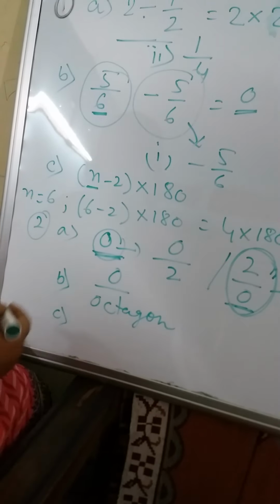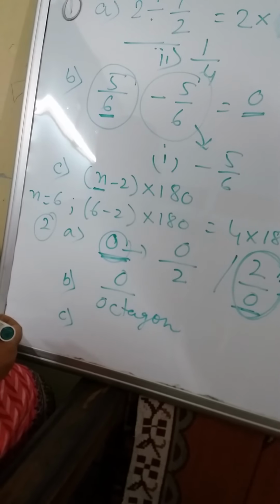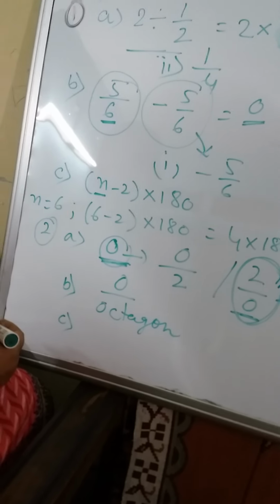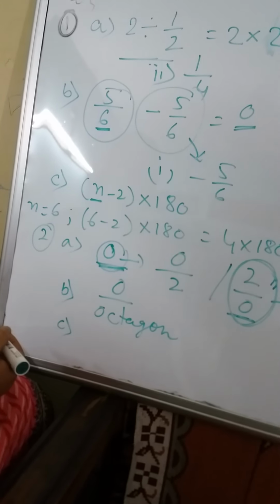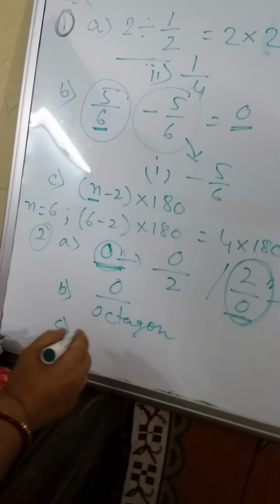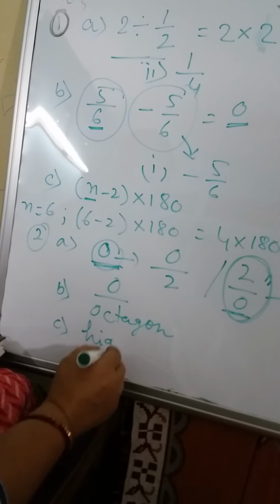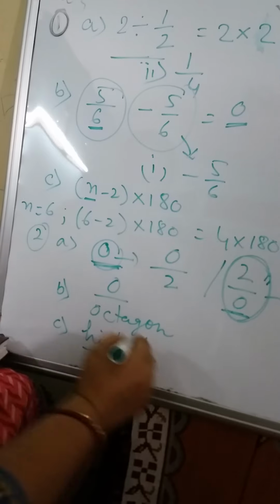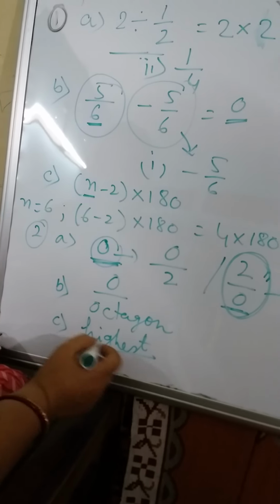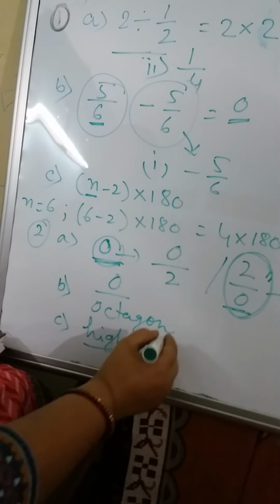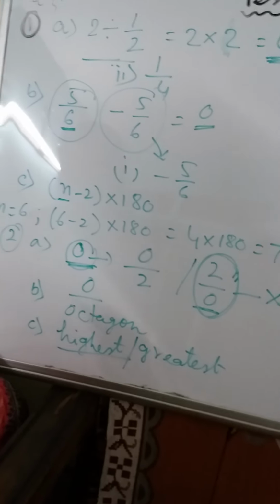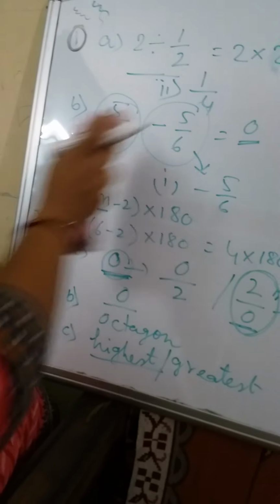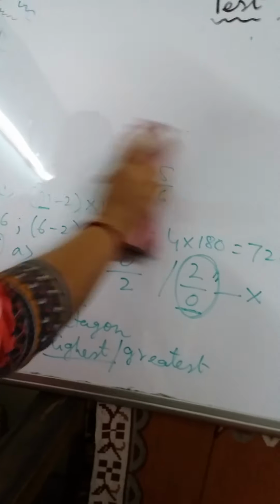And C is, in a linear equation the dash power of the variable appearing in the equation is 1. So the power in a linear equation is what? That is 1, the highest power, which should be 1. So in the blank we will write highest or greatest. Next is solve the following questions.